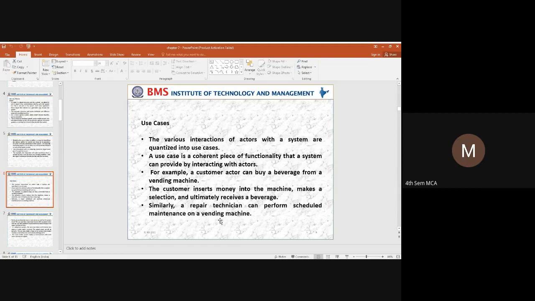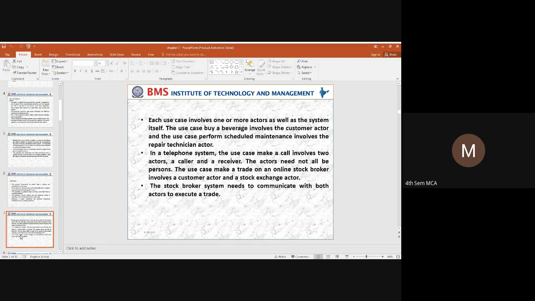Similarly, we have a repair technician. Why do we have this repair technician? Because he needs to perform a repair, or he needs to do annual maintenance. So for that we have an actor called a repair technician. When we are representing use cases, each and every use case has its own functionality.